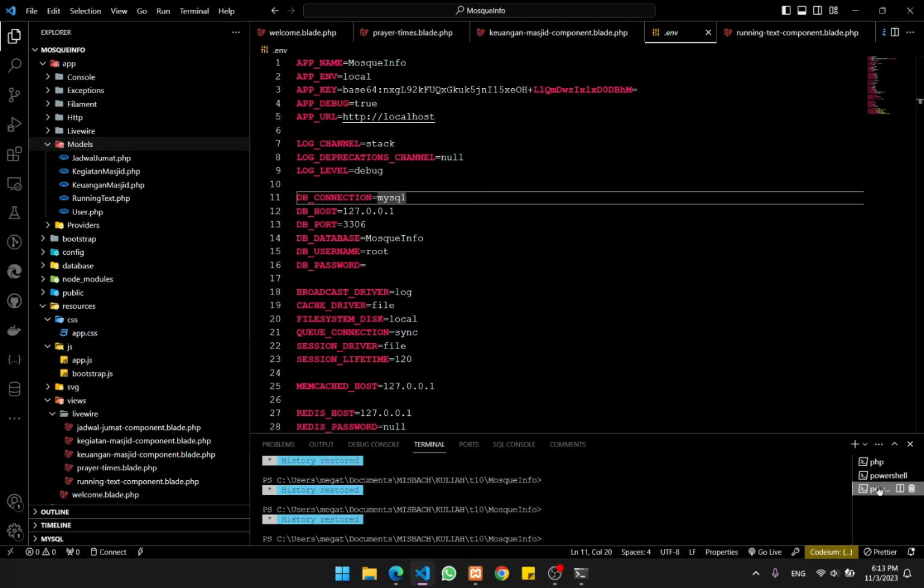So the command is php artisan make:model, and then the name of the model, let's say JadwalJumat, like this, and then just -m to create the migration as well. Okay, if you're done doing that,